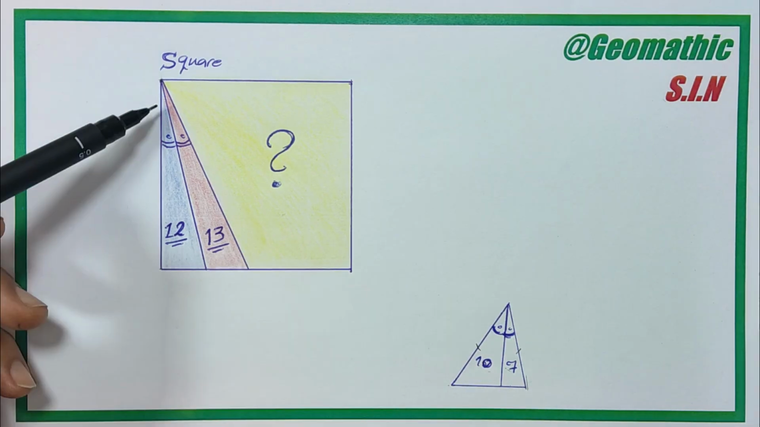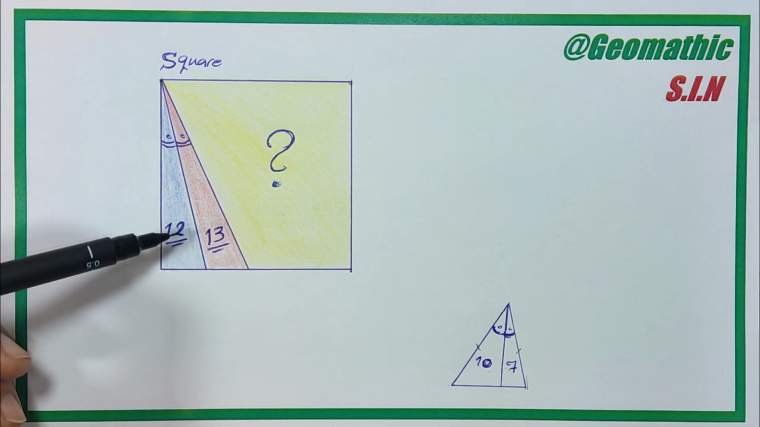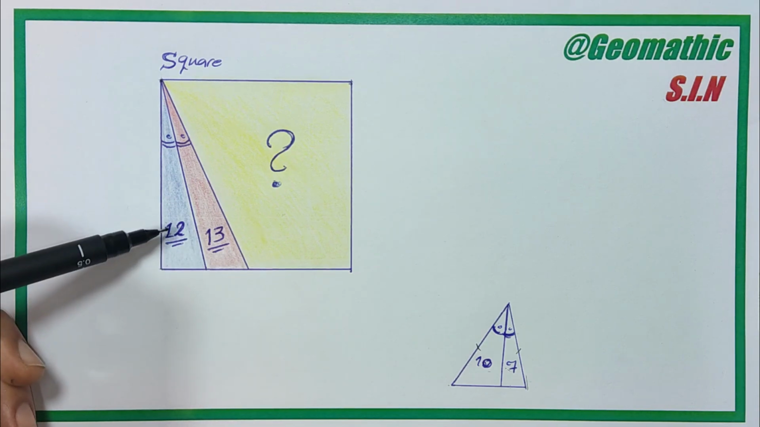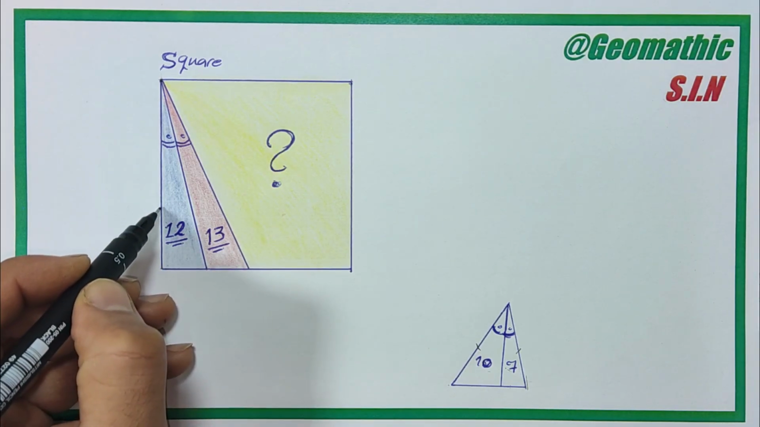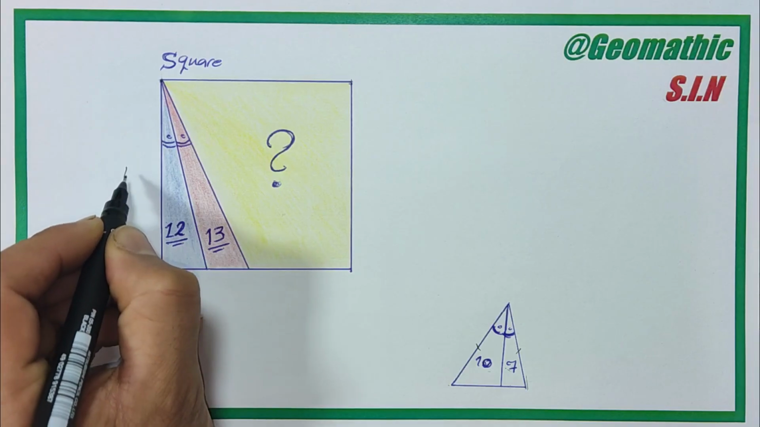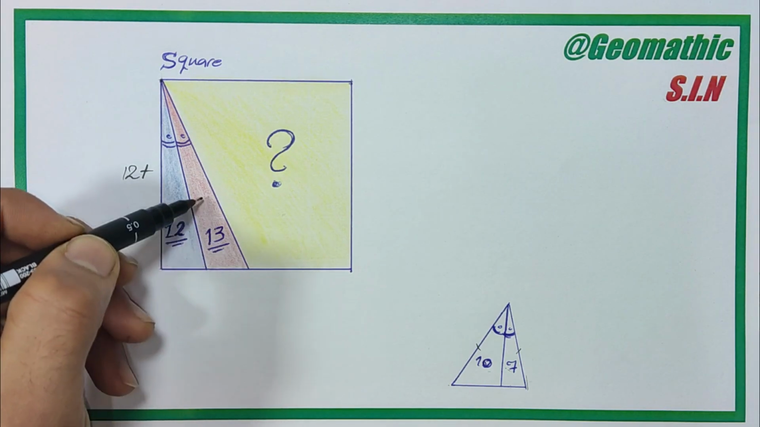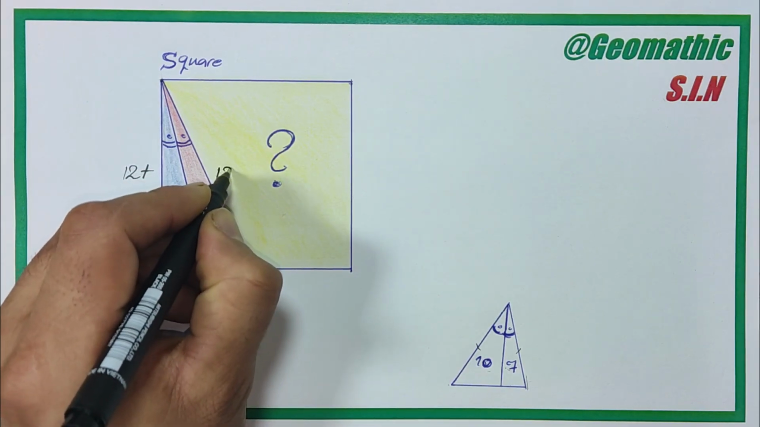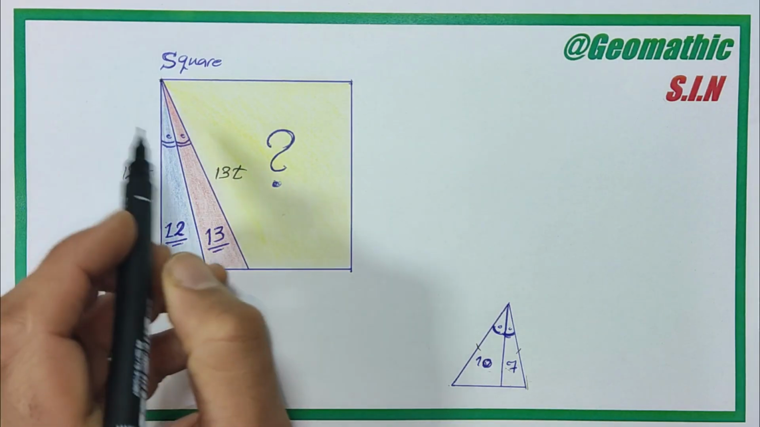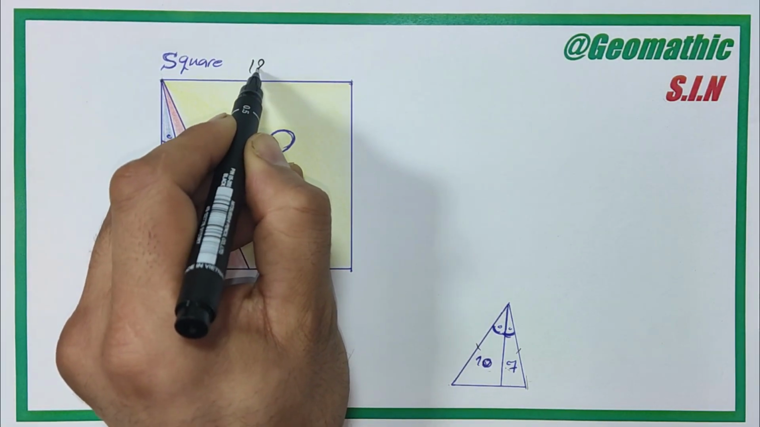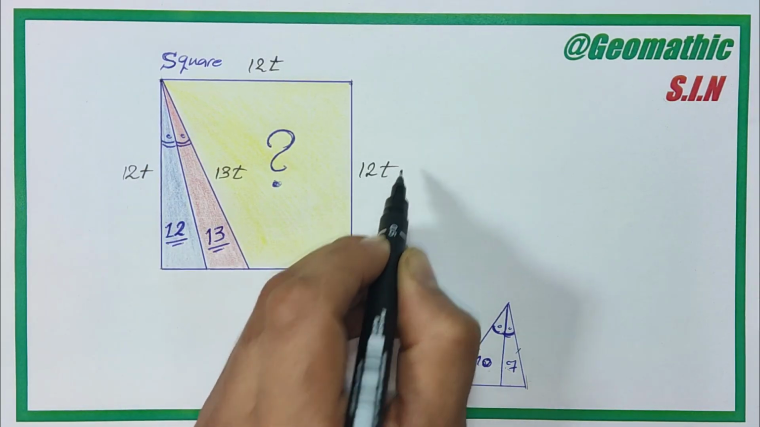Okay, back to the problem. As I said, we have a triangle here which is divided into two smaller triangles. The area of this one is 12 and this one 13. So the adjacent side of this equals 12t and the adjacent side of this triangle equals 13t. Okay, and since this shape is a square, so this side is 12t, this side is 12t, and of course